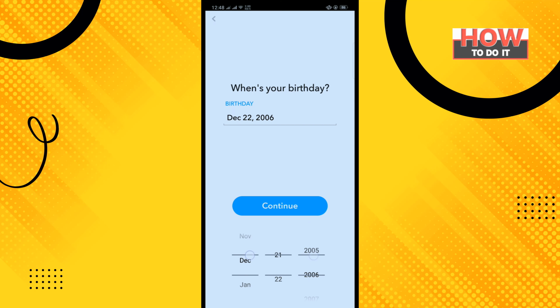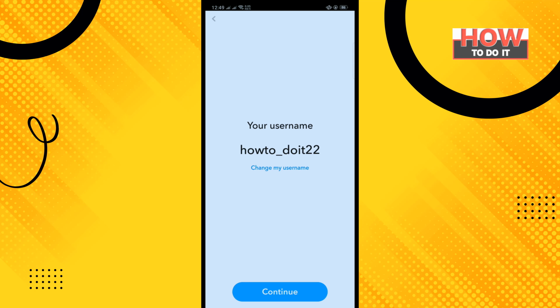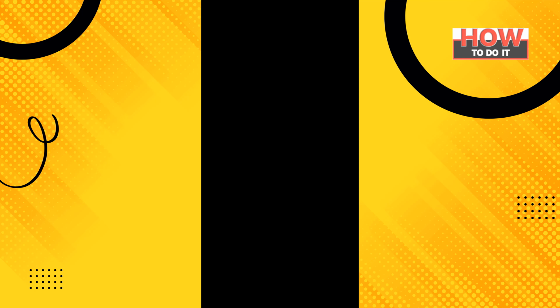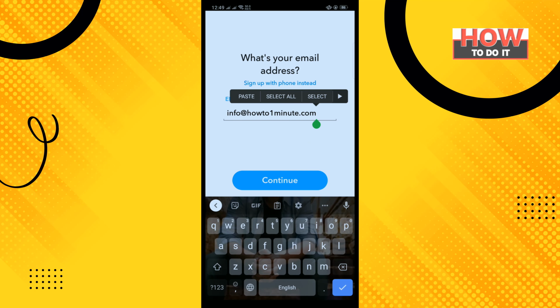I'm just selecting a random birthday and tap on continue, and here you will get a username, and if you want to change your username then you can tap on change my username and then tap on continue, and enter here a strong password and tap on continue, and enter here your email address and tap on continue,